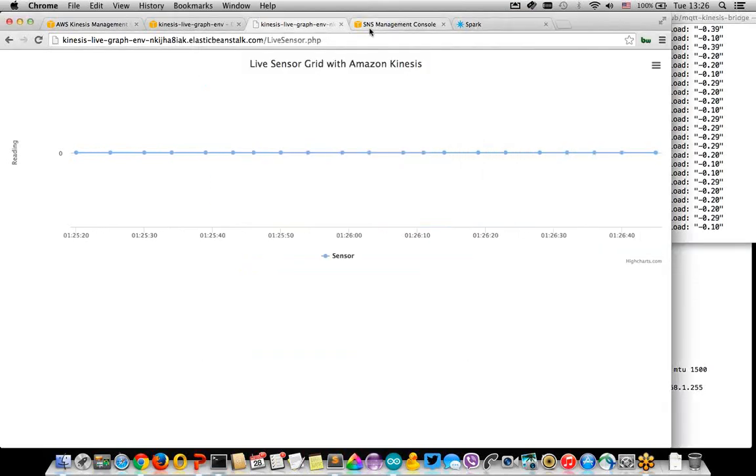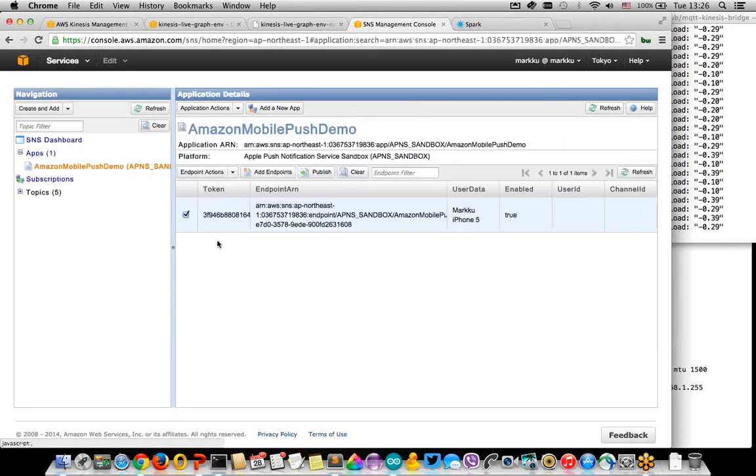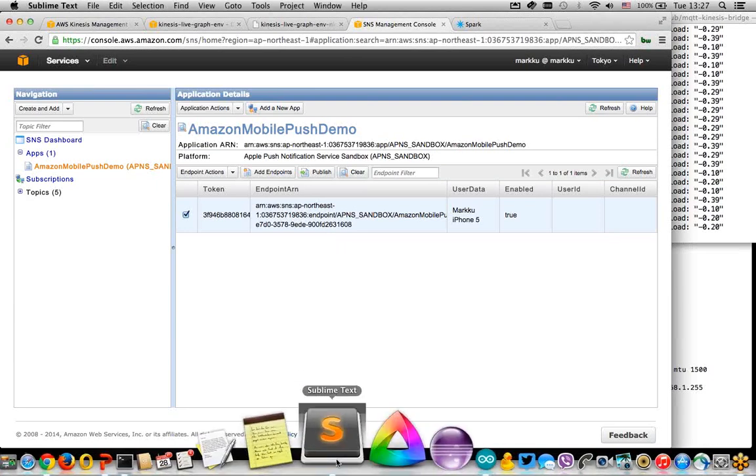Now, how did I get the alarms? The notification to my phone was quite simple. I used the Amazon SNS Simple Notification Service. You can see here that I have one application registered in the Tokyo region, the Amazon Mobile Push Demo, and there's one endpoint, which is my iPhone. So this is the console of Amazon SNS, but how do I actually call it? Well,